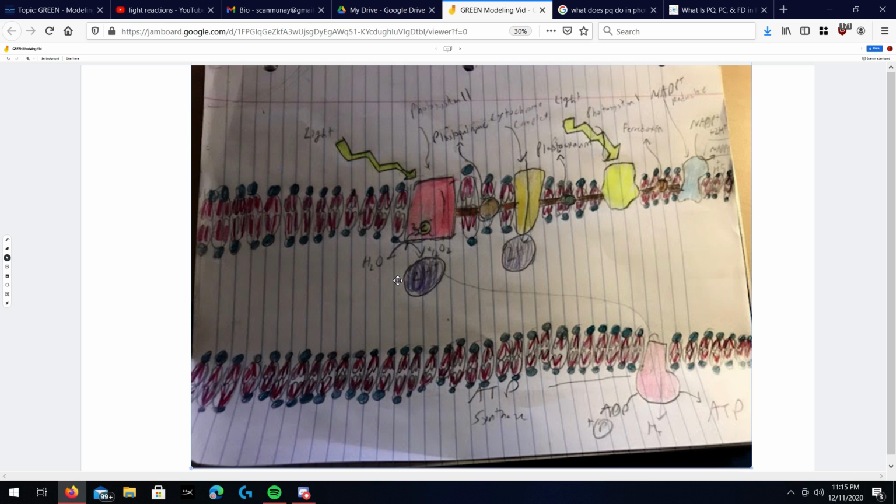Okay, so now we're gonna look at these hydrogen ions and their importance to this process. These hydrogen ions are traveling against their concentration gradient, going from low to high concentration, which is why it requires the energy provided from the light. So in here there was a large electrochemical gradient created because of the high concentration of hydrogen ions. So naturally they want to escape this somehow, and this is their way out through the ATP synthase. They will flow down the concentration gradient, and this high potential energy will